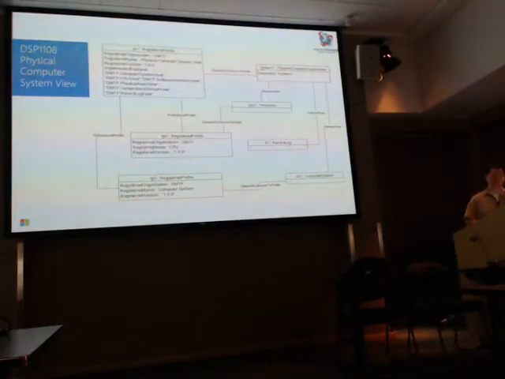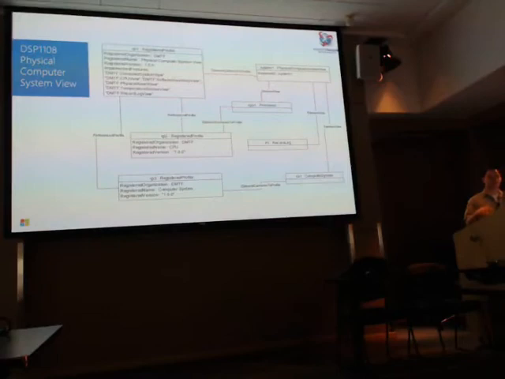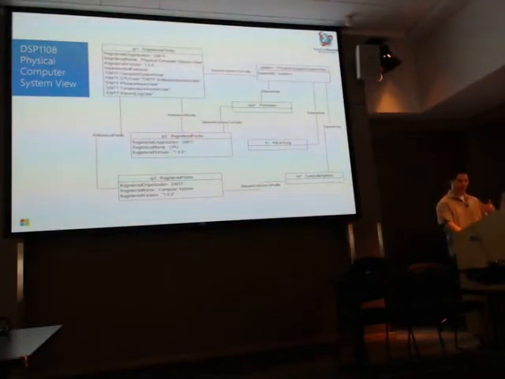And then on the upper right, looking at the previous picture, the way to explain this is everything on the left side would be in the interop namespace, and everything on the right side would be in the implementation namespace. And through all these associations and relationships, you can discover not only the elements on the upper right, the physical computer system view instance that is conformant and is related to the profile, but also any other objects that are associated to it. Again, I'll try to demo some of this so it becomes more clear once we get into PowerShell. So I wouldn't worry too much about a lot of this stuff. It's more academic. Some of the more practical things will come later.